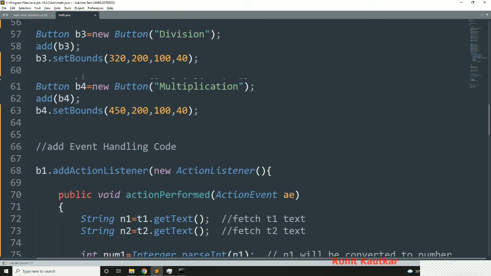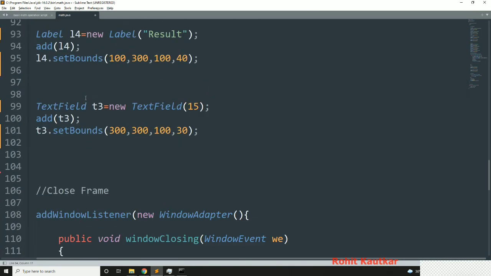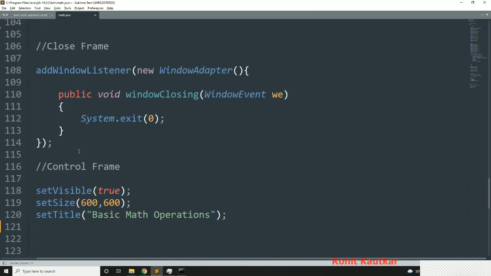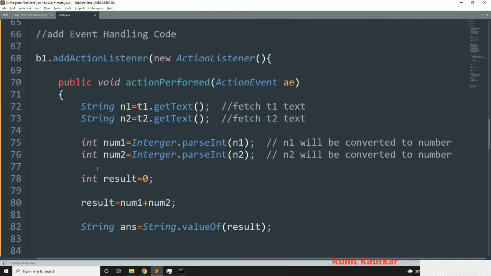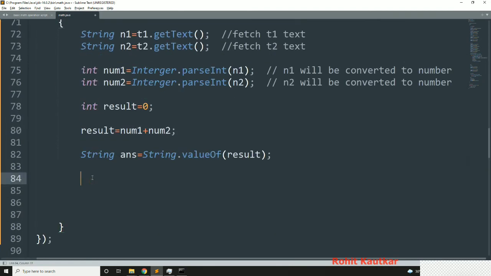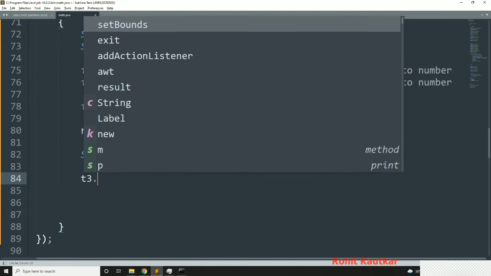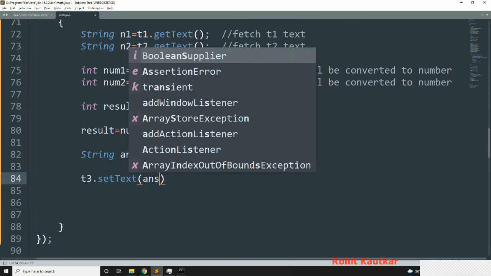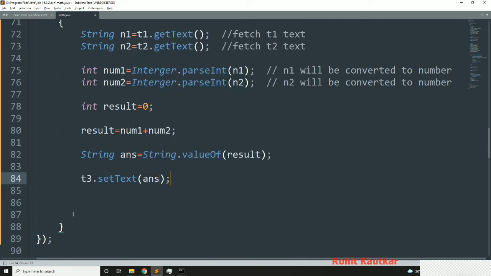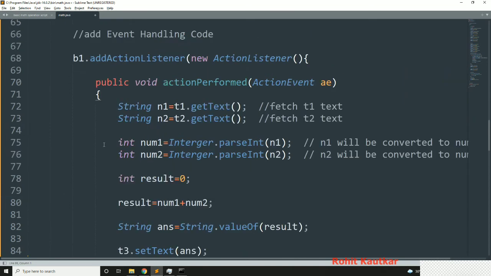So our result field is T3. Okay, so here we will write T3.setText, and what text we want to set here? So we want to set answer. Okay, this is logic for addition.